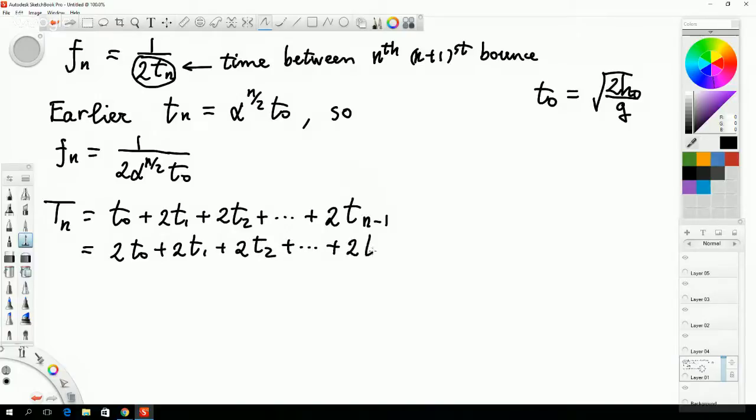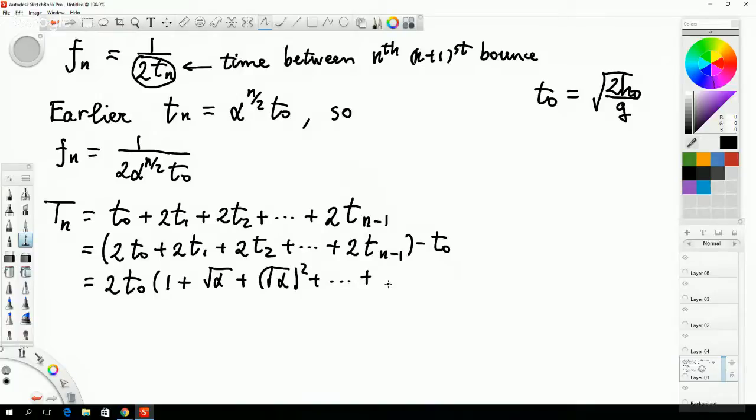Okay, but other than that, we do exactly the same manipulation as before. Let me just repeat it. Same kind of manipulation. We remember the expression for t1, t2, t3, and so on in terms of t0. We take the t0 out, so I'm going to do it in only one step, and we just end up with the same thing we had before. It's just that this time we don't go on forever, but we stop at square root of alpha to the n minus 1, minus t0. Okay, so I don't want to remove the fun from this exercise, but it is exactly the same technique as we did earlier on.